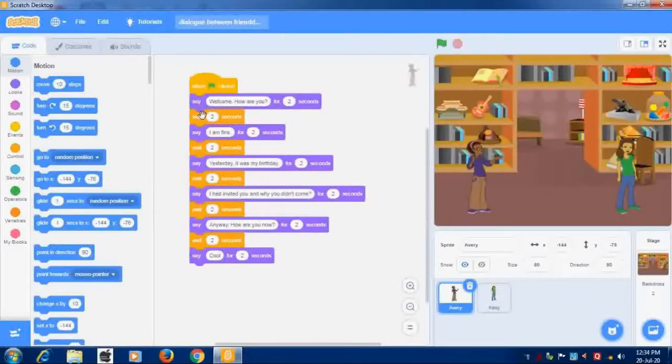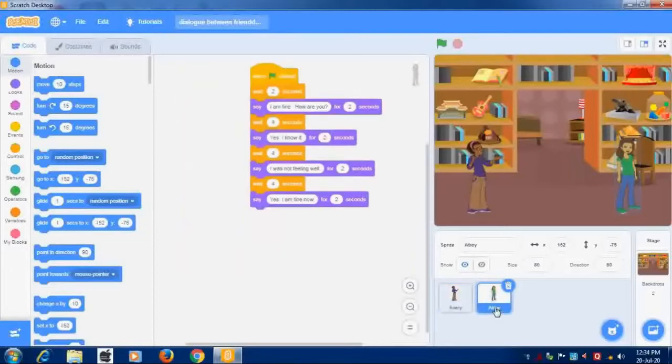So after every dialogue you can give a wait time of 2 seconds for Avery as well as Abby, so that the dialogues appear on the stage continuously. Now let us see it on a full screen.